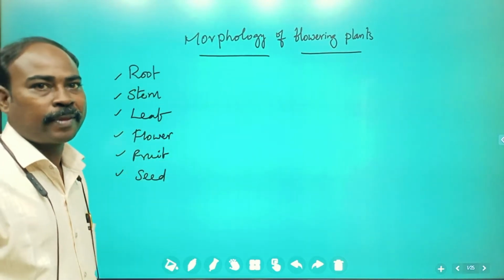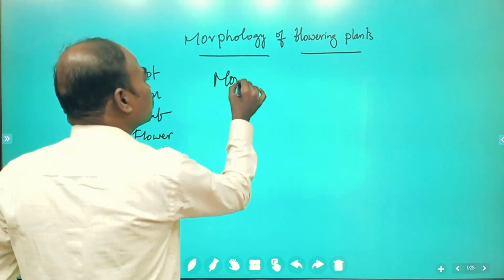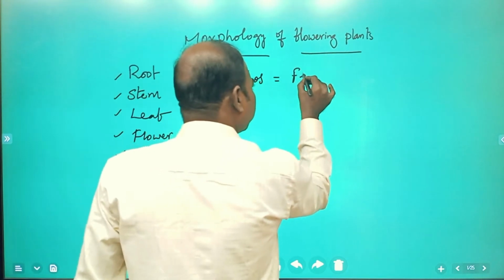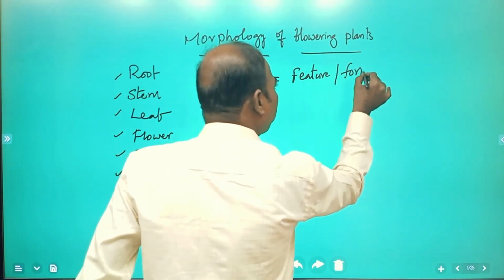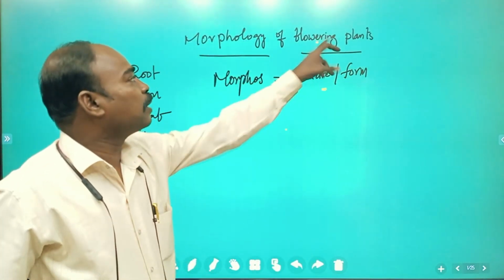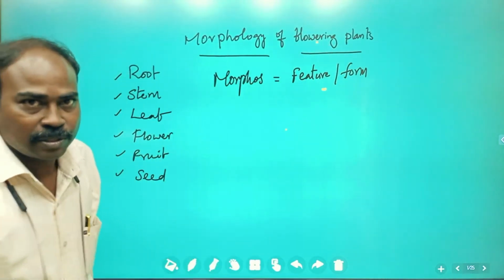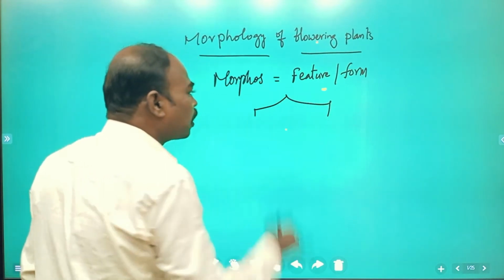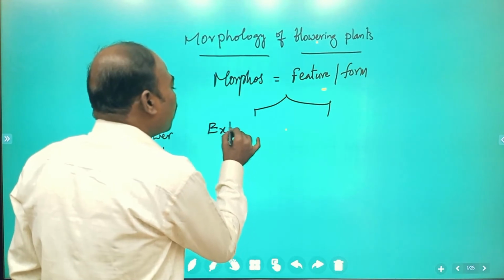What does morphous mean? Feature or form. Feature or form of the flowering plants. So external features as well as internal features, two branches are found. External morphology